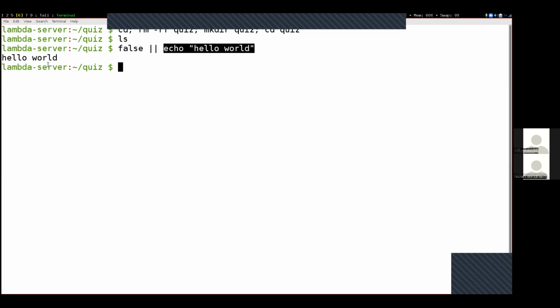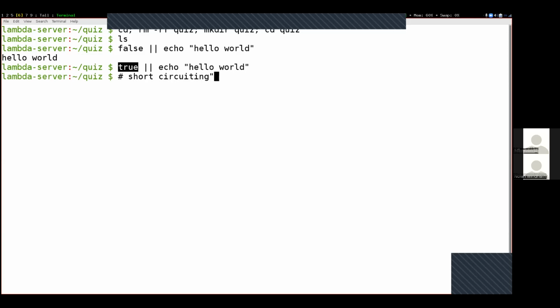And we see that it prints out hello world right here. If I change this to true, then the true will be evaluated. And then as soon as we hit the or over here, it'll say, oh, I already know this whole statement is going to evaluate to true, and so I don't need to run this right-hand command over here. This is called short circuiting